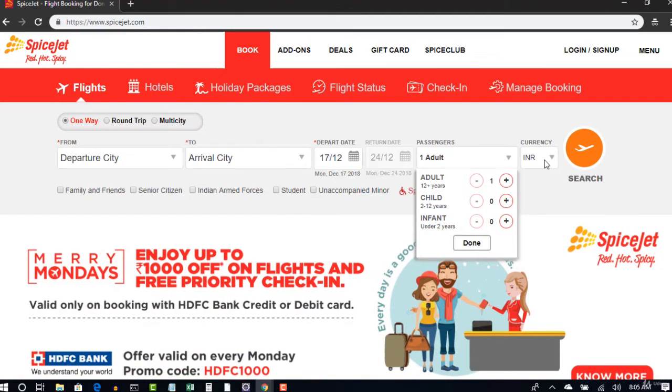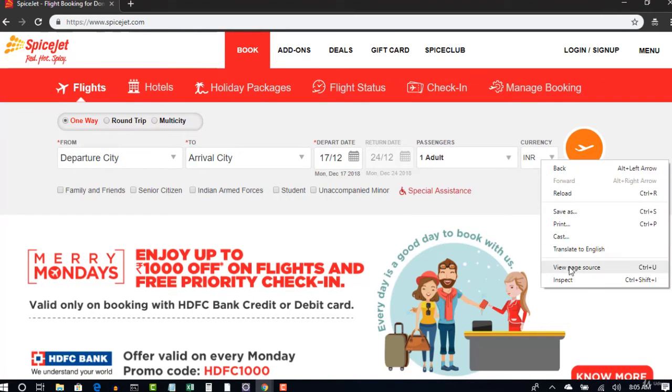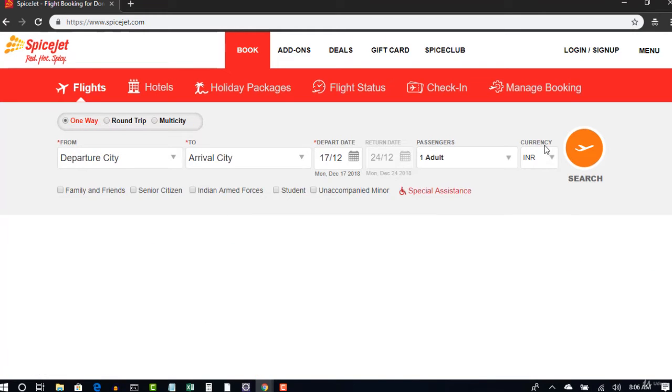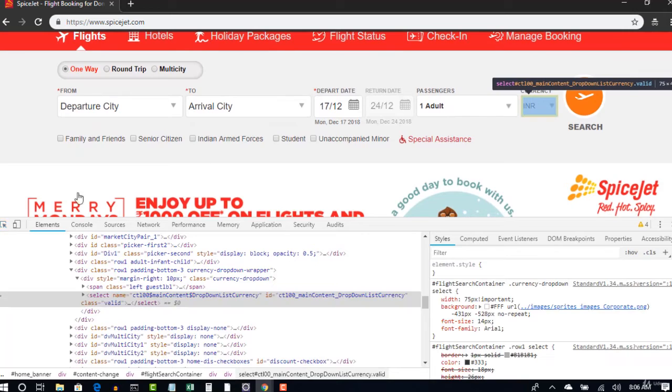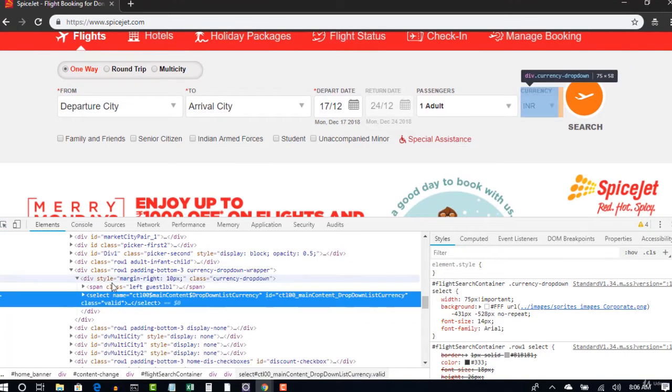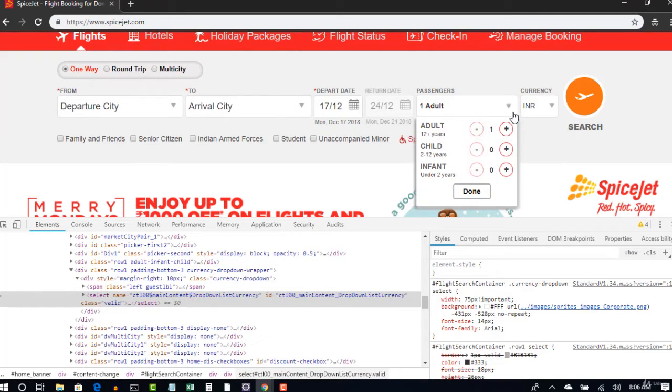Okay, so this currency is still in the select tag nature, which you can do. The lectures I explained for passengers in the last lecture can be reused for this currency selection. Okay, it's still with the select tag, so you have something for practice again. If you want to select USD, use that select tag like how I explained in my previous lecture and handle that. But now for passenger, it got changed.